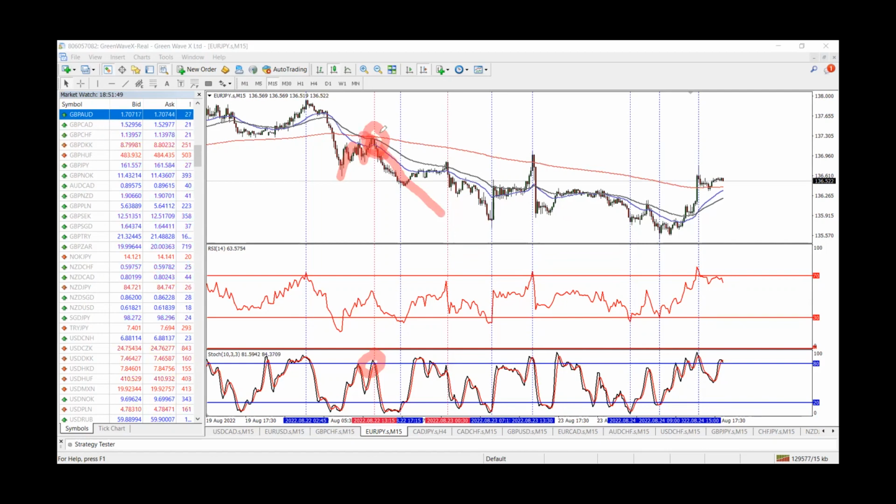My stop loss will be small, and then my profit will be big. Same thing here. Same thing here. We have another impulse and then a correction also. At that point, I also have a signal here from the stochastic, and then a sell opportunity came. Same thing here. We have this one here. You have end of correction, especially at this